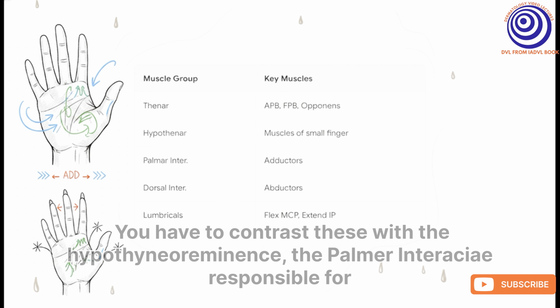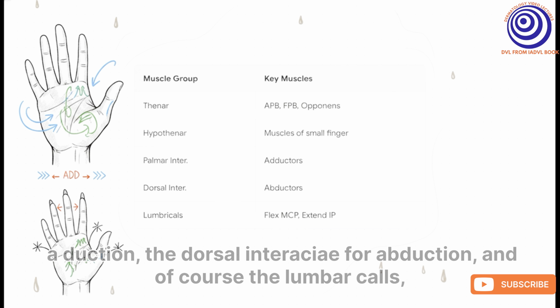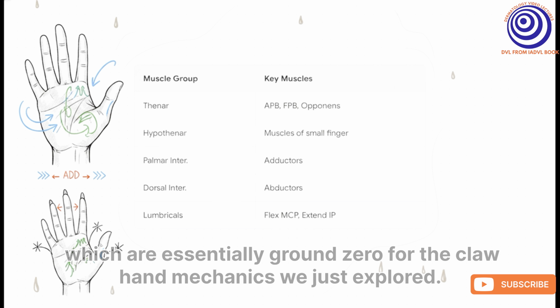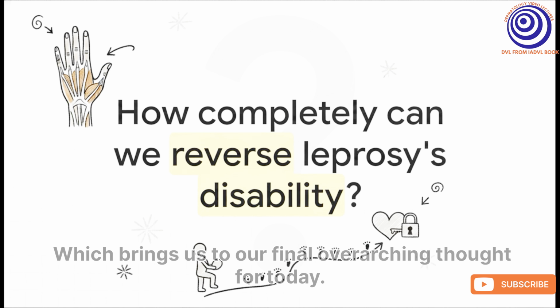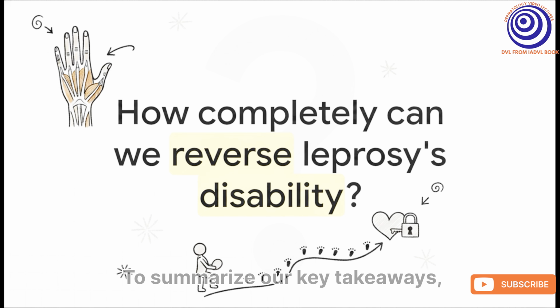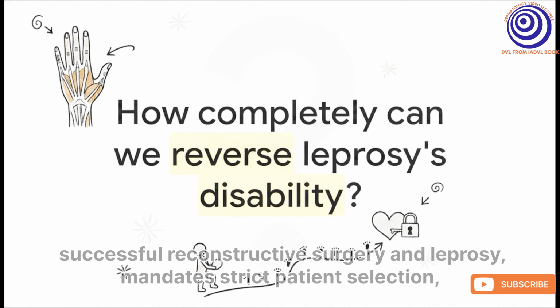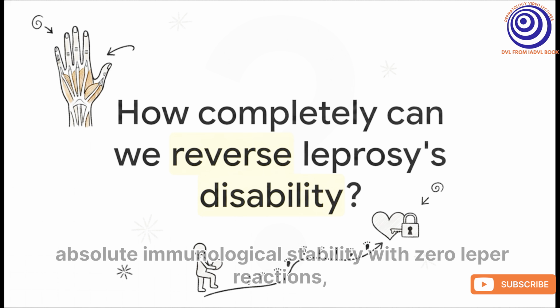You have to contrast these with the hypothenar eminence, the palmar interossei responsible for adduction, the dorsal interossei for abduction, and of course the lumbricals, which are essentially ground zero for the claw hand mechanics we just explored. Which brings us to our final overarching thought for today. To summarize our key takeaways, successful reconstructive surgery in leprosy mandates strict patient selection, absolute immunological stability with zero leprosy reactions,